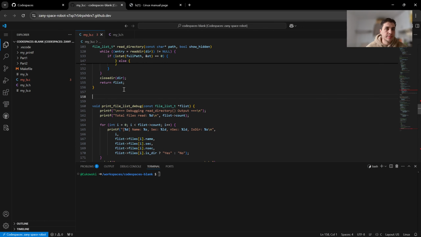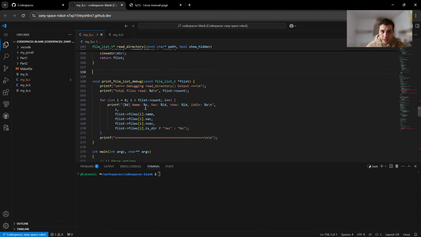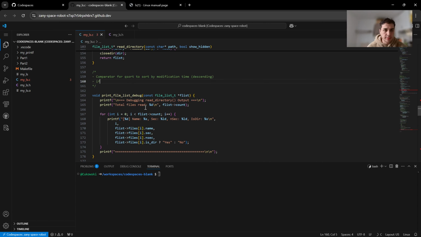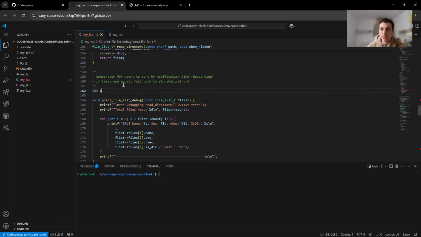I will say check compare times later for qsort to sort by modification time in a descending order, and if times are equal, we will fall back to alphabetical order, and it will be an integer function compare time, which will have the